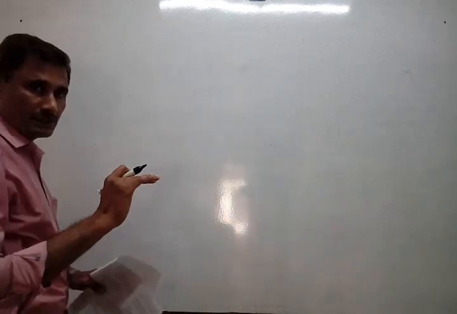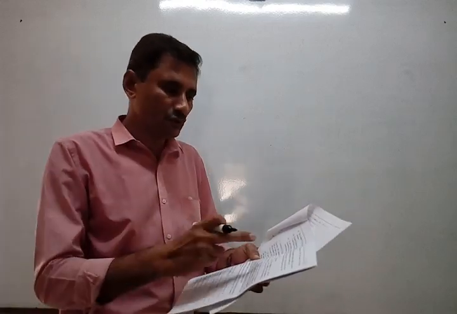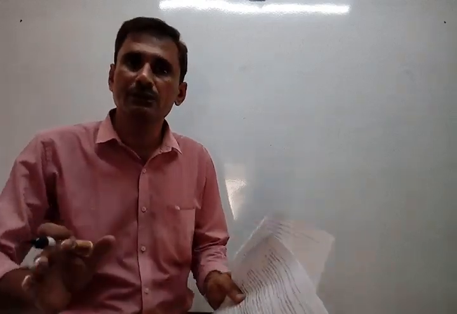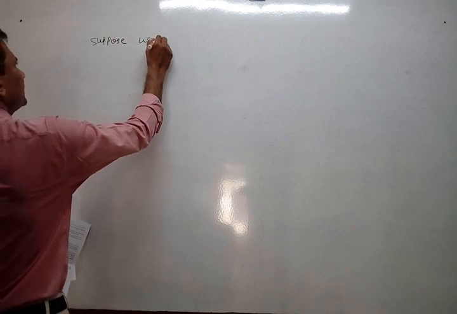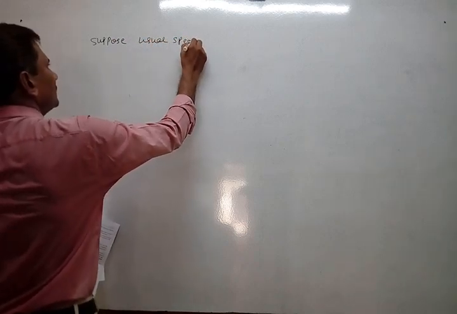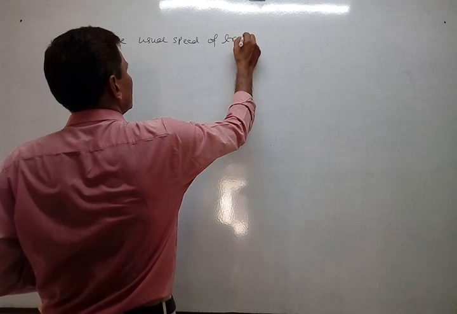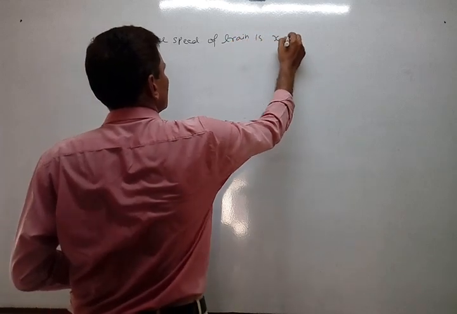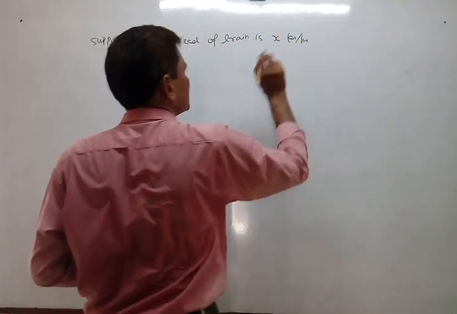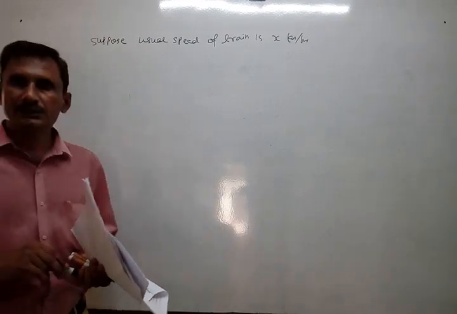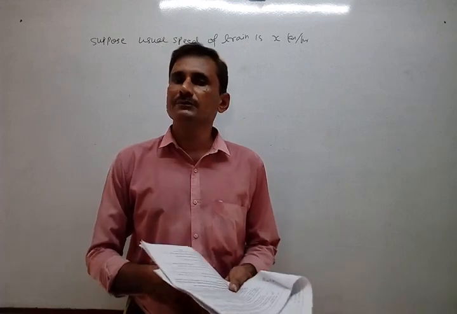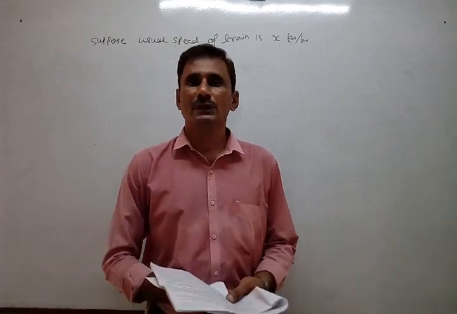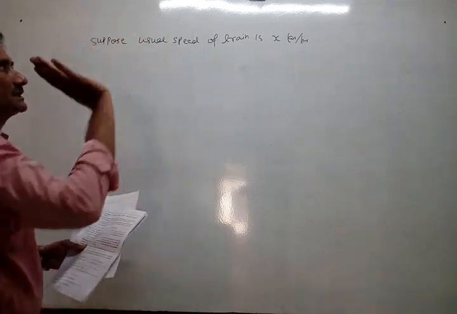And usual speed only, not increase or decrease, whatever is asked, because we need to find the speed of the train. Speed one is the usual speed. So suppose the usual speed of the train is x km per hour, because mostly vehicle speed is measured in kilometers. Otherwise the standard unit is meter per second. But vehicle speed is mostly measured in kilometer per hour. So that is its usual speed.